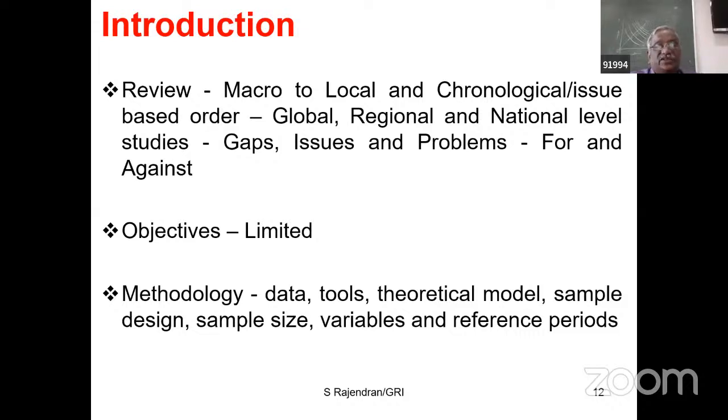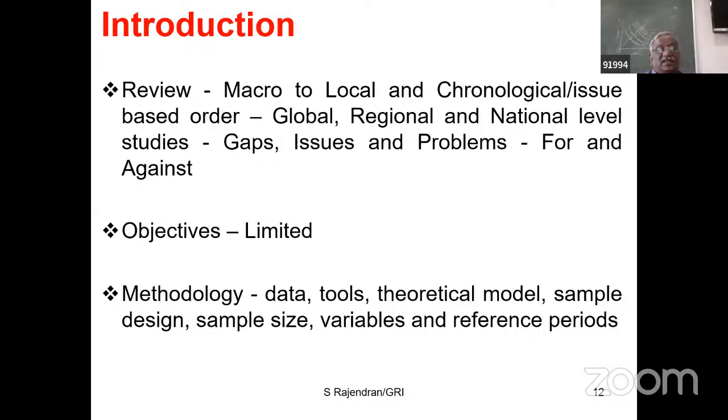Based on these issues, you frame a few objectives. In my experience, in my interaction with the experts, you should give a very limited number of objectives rather than listing out exhaustive objectives. Sometimes you see a thesis may have more than 10 objectives. No need. Only 1 or 2 objectives will do, but you can have many more sub-objectives, what we call macro objectives and micro objectives. All these can be integrated and explained in the discussion part.